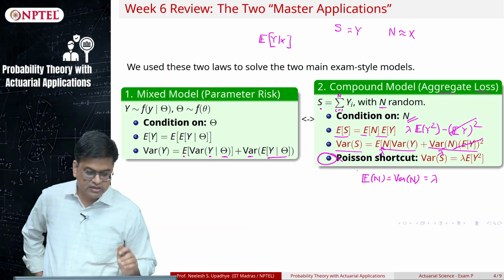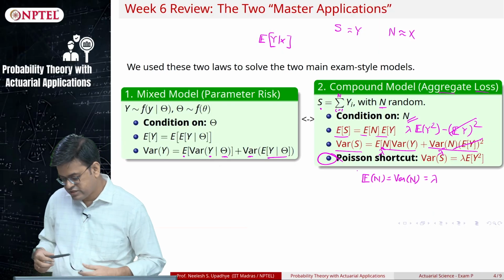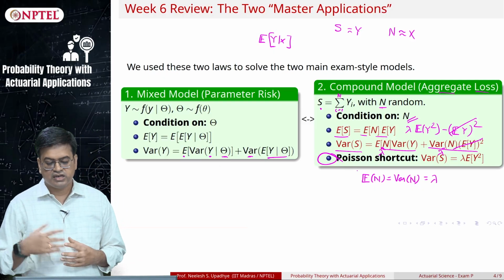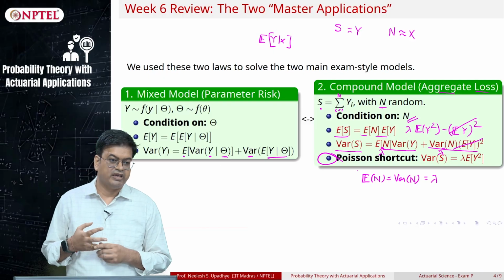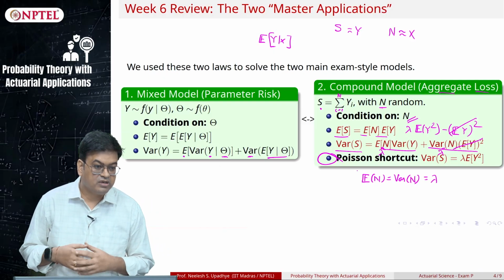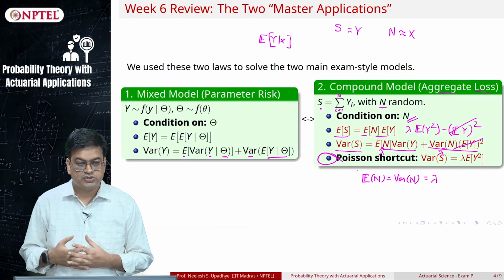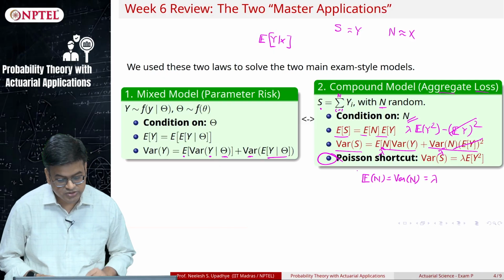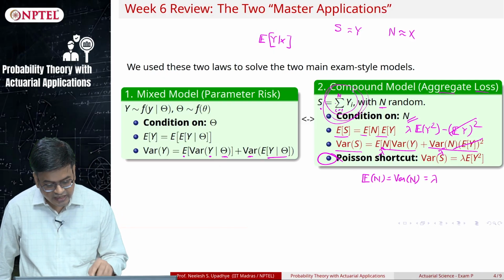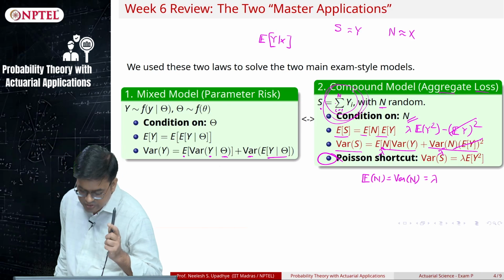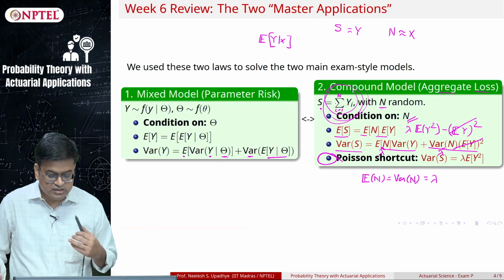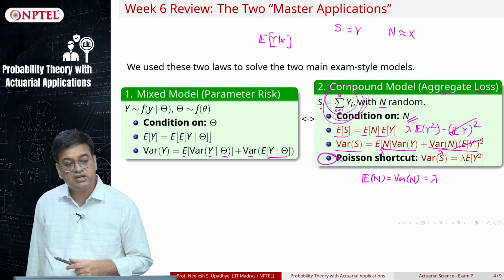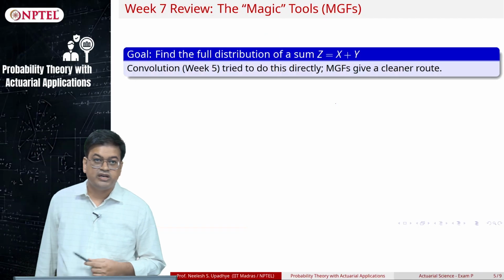So all these things are good. What we were able to achieve up to this point is that we were able to quantify the means and variances for mixed models and compound models. But what if I want to know the full distribution, and mainly our distribution comes in the form of random sums, right. So is there any intelligent way to capture this convolution or the sum, the independent sum? We tried to answer that in our week 7. What did we do in week 7?